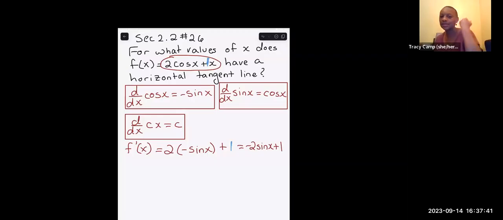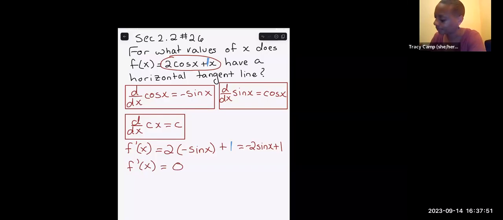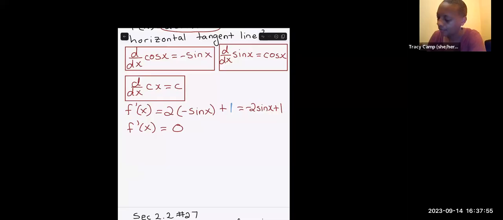And then your second step is to set this equal to 0. Because I want the tangent line to be horizontal, which means the slope is 0. So my f prime of x is going to be 0. So I'll have negative 2 sine of x plus 1 equals 0. And notice I have a trig equation, which means I have to solve this the same way I solved trig equations before. So I'm going to get my sine of x isolated,